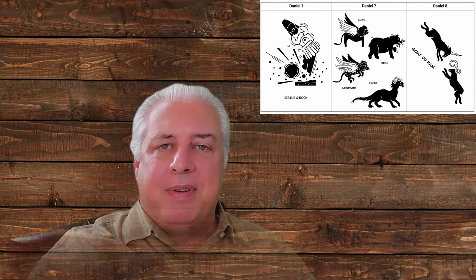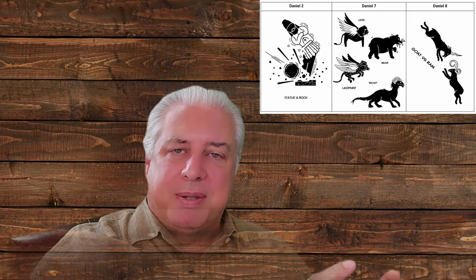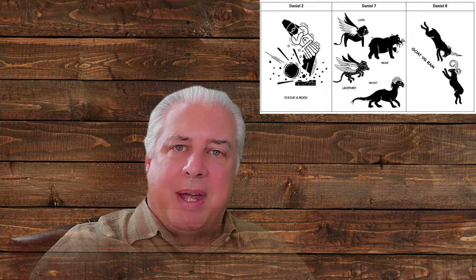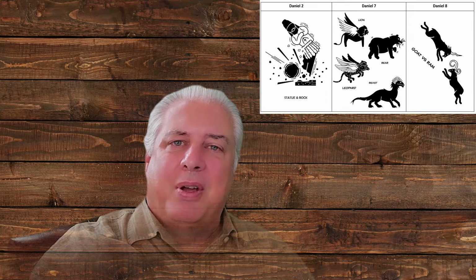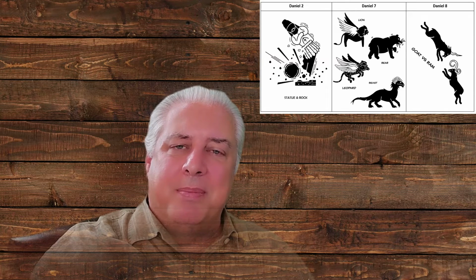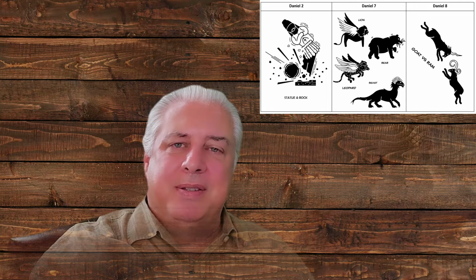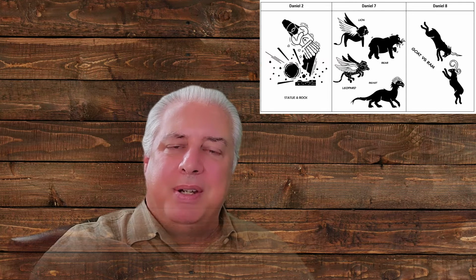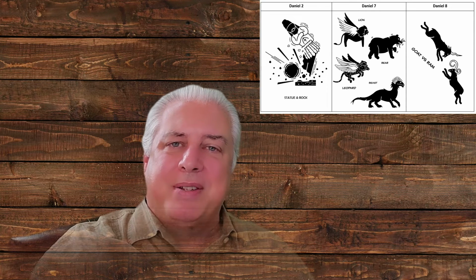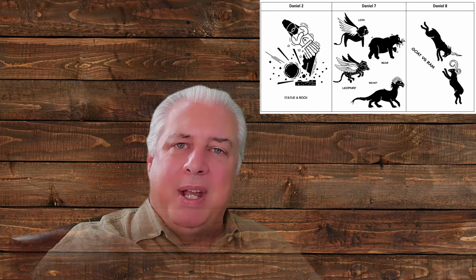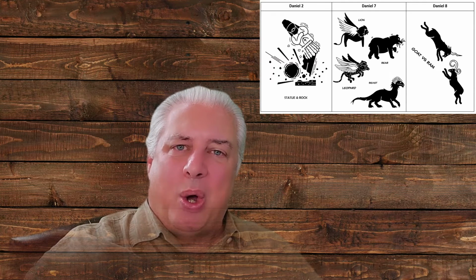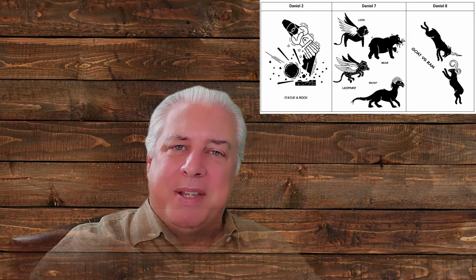Then in chapter 7, this part of the story gets expanded. And now that kingdom of legs and feet that go from iron to iron and clay, it becomes this beast with 10 horns, this powerful beast filled with human power and dominion and sovereignty on this earth. It is especially oppressive to God's people. And out of that, there will be one incarnation of that kingdom, a horn that emerges that will be especially